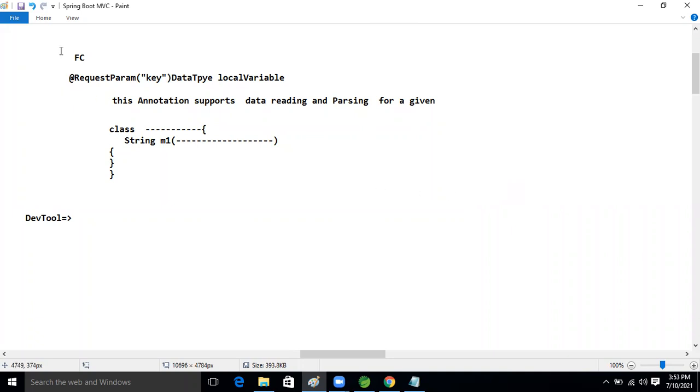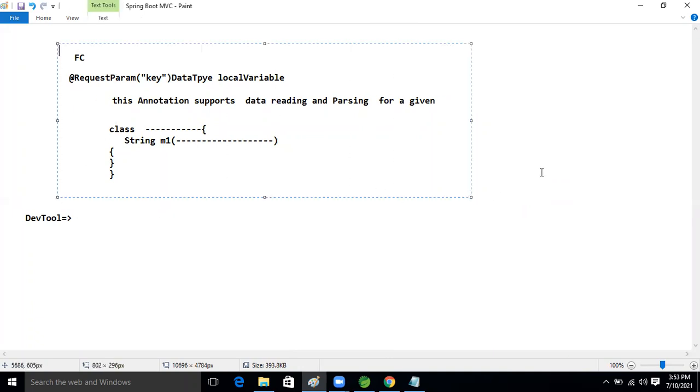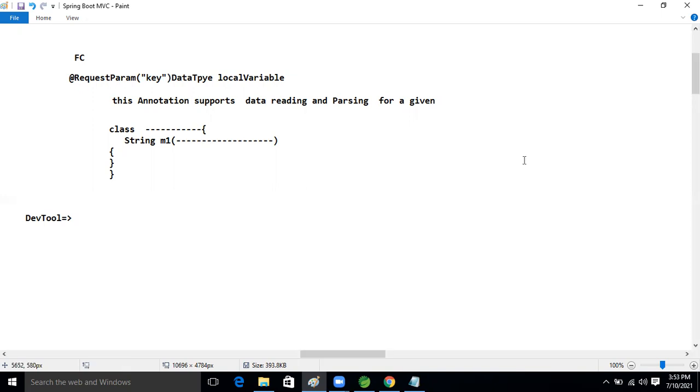Whatever doubt comes to your mind, everything I'm implementing in my company's projects, so don't worry. In Spring Boot microservices, I will explain those things when the right time comes. Don't tell me in the middle to use dev tool and all those things.